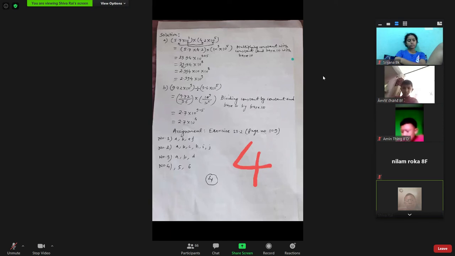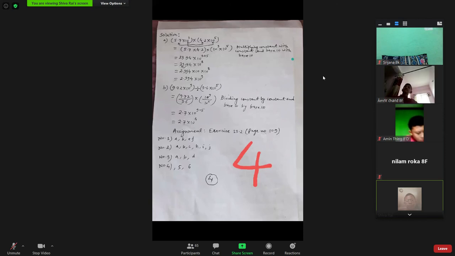That 5 is the power of the base 10 in the denominator. So you have to subtract. If it was minus, it becomes plus. Again, subtracting minus, again minus, it becomes plus. But in the denominator, there is no minus, so power 5 is a plus. So just subtract 9 minus 5. Now finally we are getting 2.7 into 10 power 4. 9 minus 5 is 4.